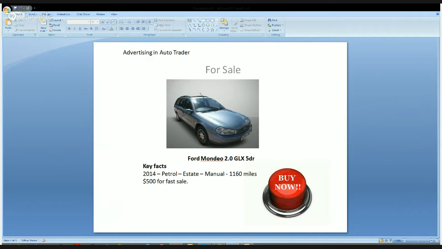Okay, we reduced the number of miles, Selma. Would you click the buy now button and just send me $500 PayPal? I mean, it's in Auto Trader. Does that mean I'm reliable? Maybe it could be on eBay.